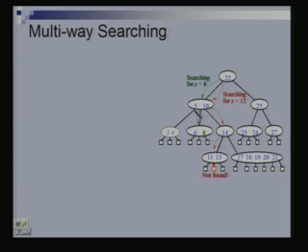So, in this first subtree everything would be less than 5, in the last subtree everything will be more than 10, and those in between 5 and 10 would lie in this middle subtree. So, that is the concept, right. Now, you understand why you need d minus 1 keys if you have d children, right.